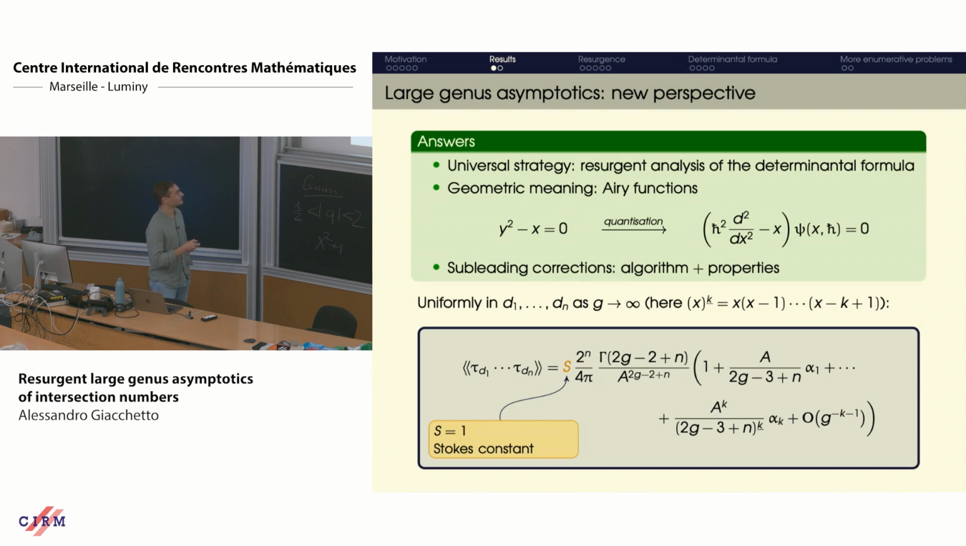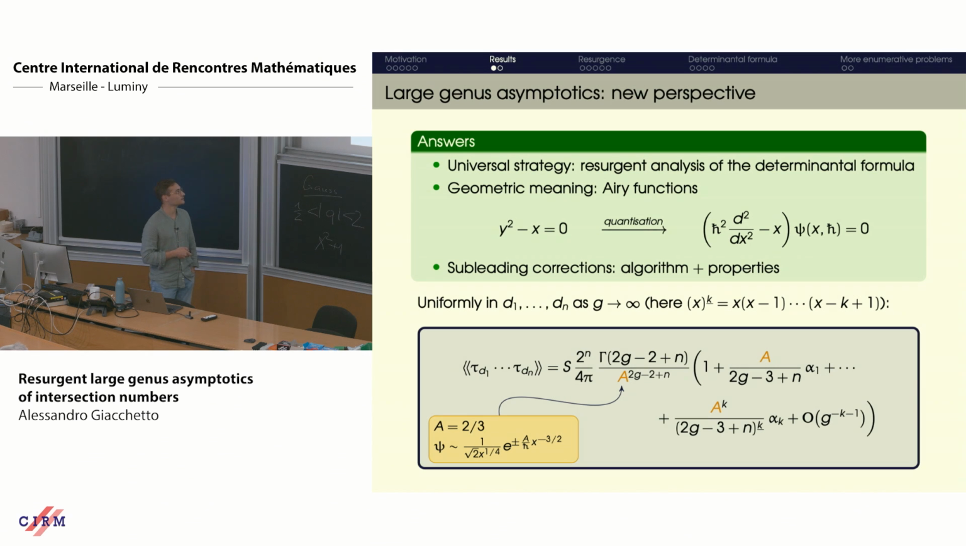And more specifically, this S here is equal to 1. And it's given by the Stokes constant underlying the Stokes phenomenon of this differential equation. I will explain what I mean in the next slides. This constant A, which is this 2/3 that I was talking about, is the constant appearing in the exponential behavior of the Airy function. So there's also a geometric, in some sense, explanation for this A that also appears here in